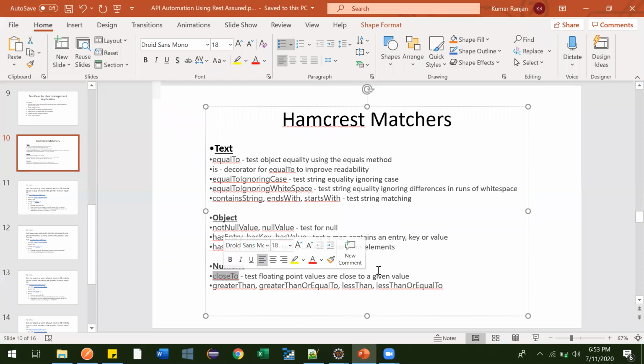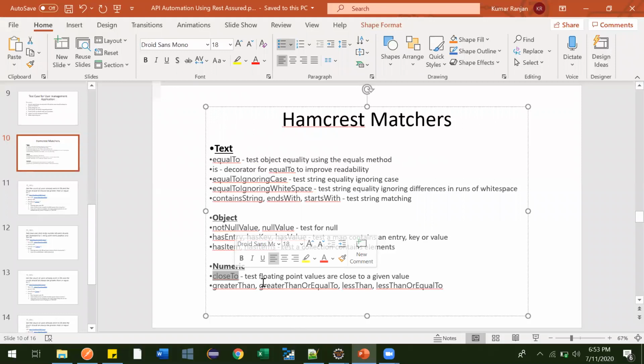Suppose, in my current company, the project I am working on is related to pricing. In that we have many calculations, and all these assertions we are using currently, and close to also. Suppose some float values are coming, and in our calculation it is 7 digit, 8 digit, up to 8 digits.